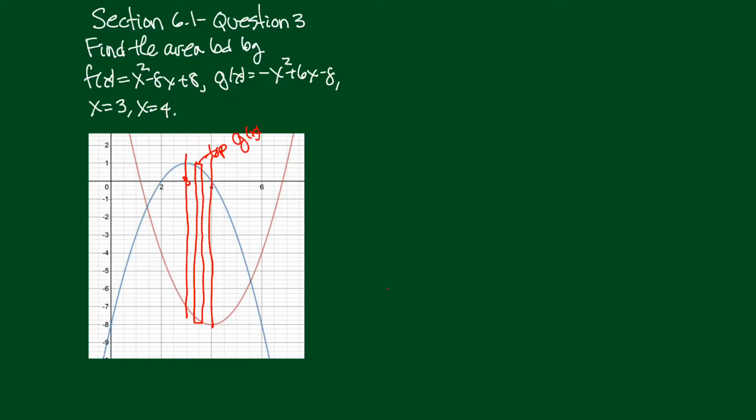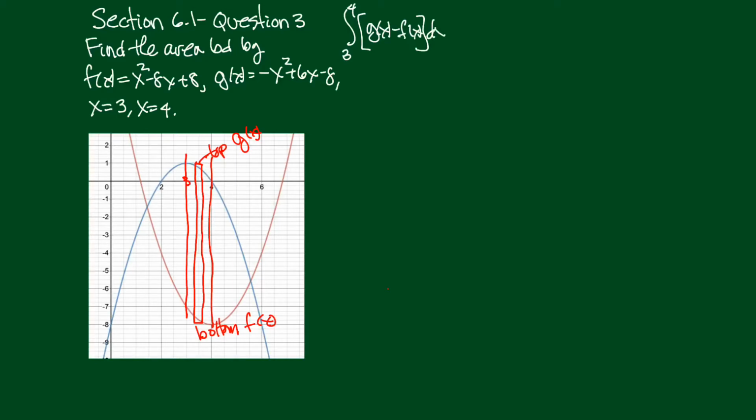And the bottom of the rectangle down here, well, that's coming from the red curve. Now, that's positive. So this is a parabola that opens upward. That's going to be this one here, positive. So that's the f function. So in this case, the top of the rectangle is g and the bottom one is f. So let's write this integral here. We're going to be going between 3 and 4 of, in this case, g of x minus f of